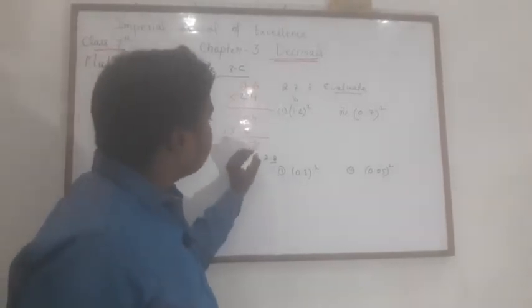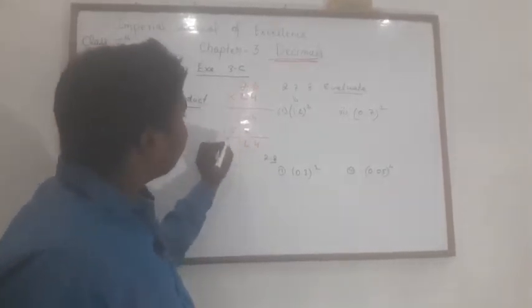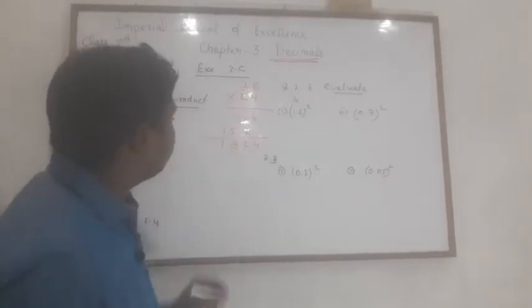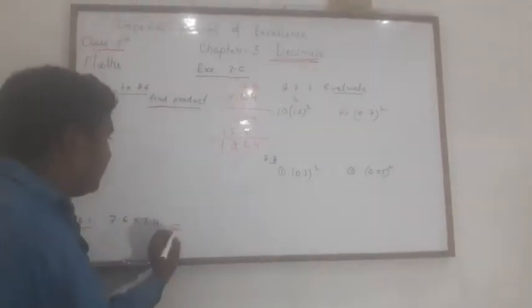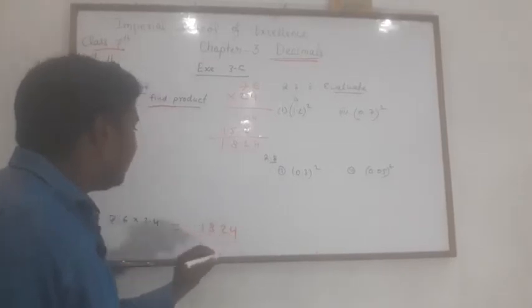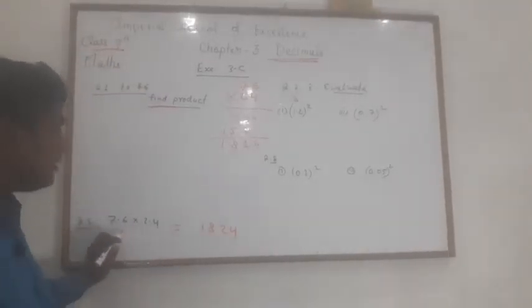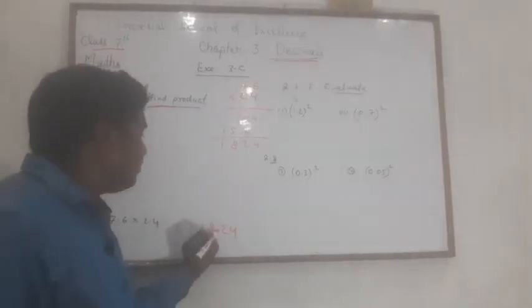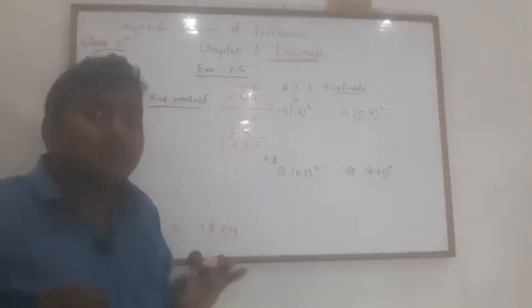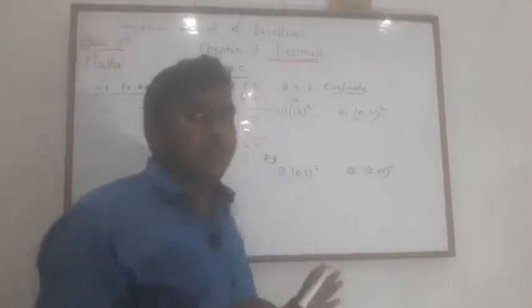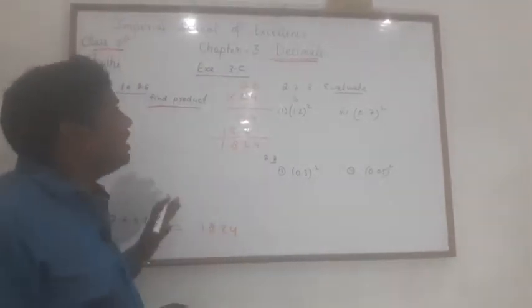So it will be, this is 4, this is 2 and 5 and 3 8 and this is 1. So the answer will be 1824. And what will be the decimal places? So one place from here and one place from here, so it will be 2 places. So their decimal places should be added. Hope you understood how we are doing this.